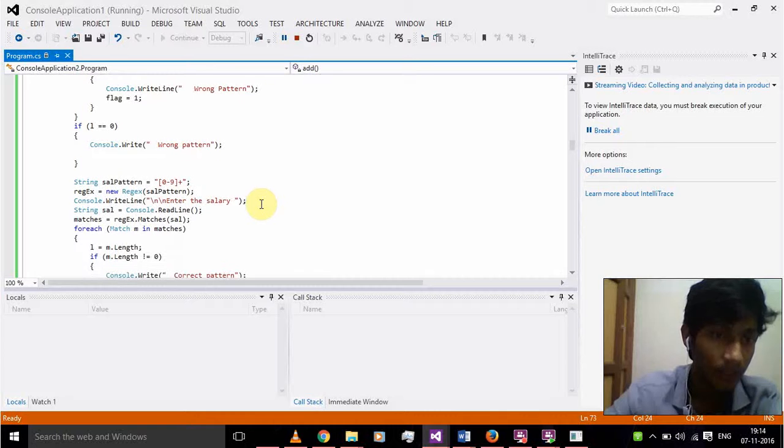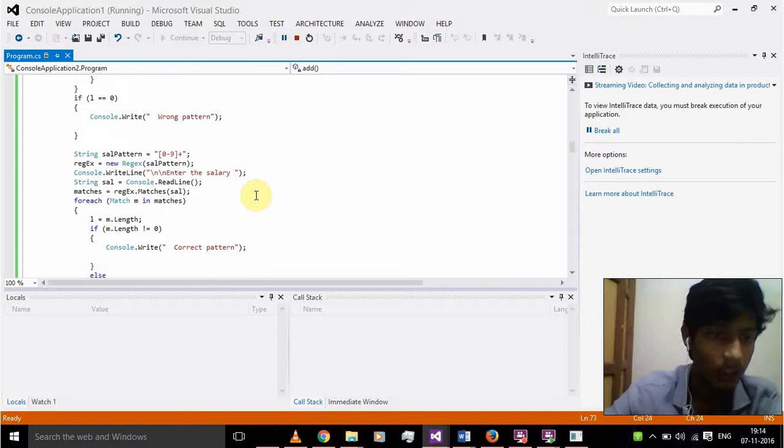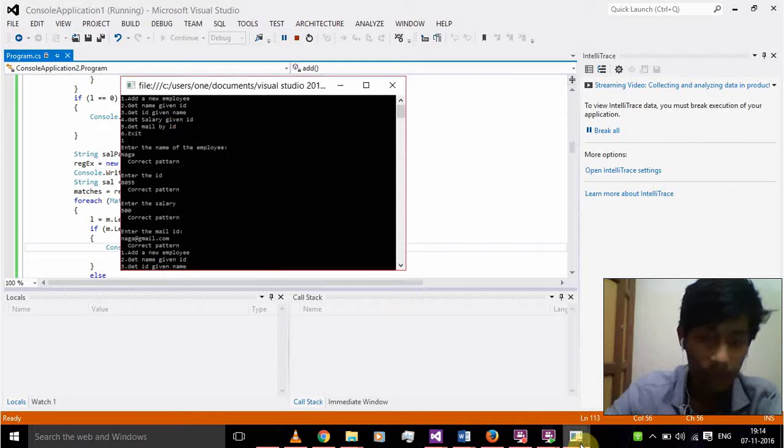Same thing with the salary, it is also an integer. It's the same case. If the user gives it in a correct pattern, then it will pop out as correct pattern with the salary as shown here. Enter the salary 500, correct pattern,